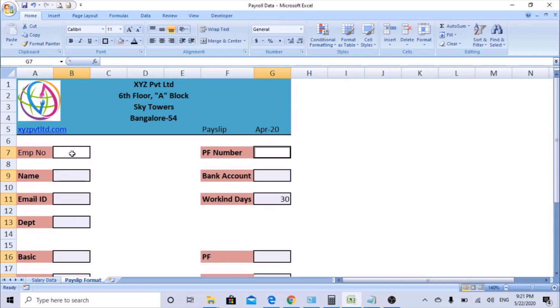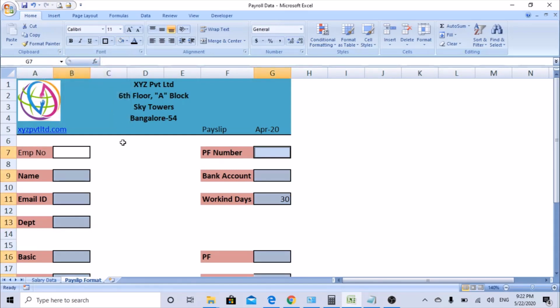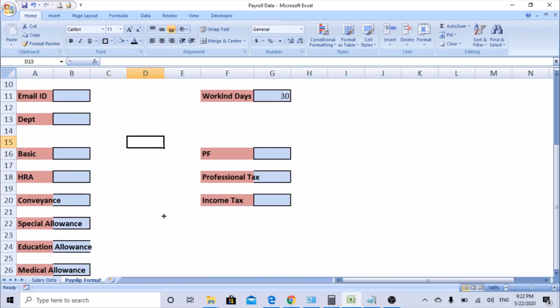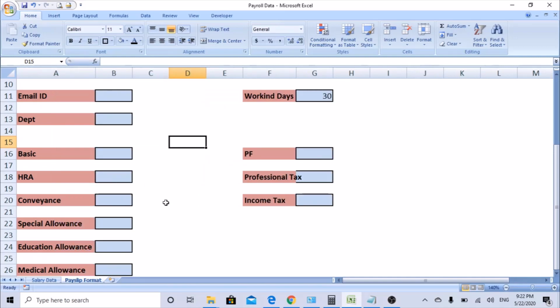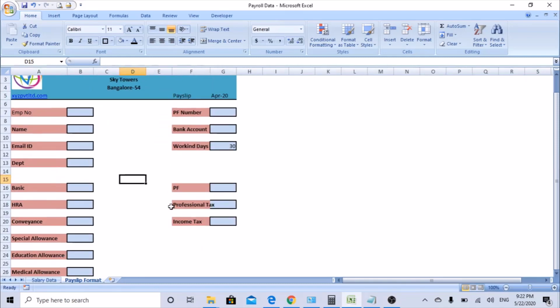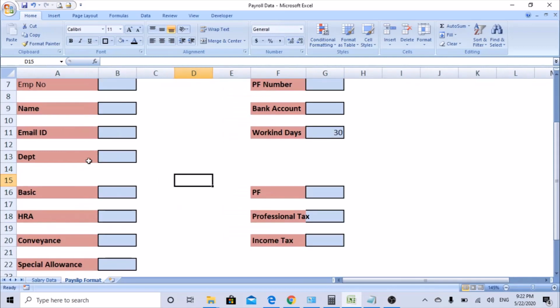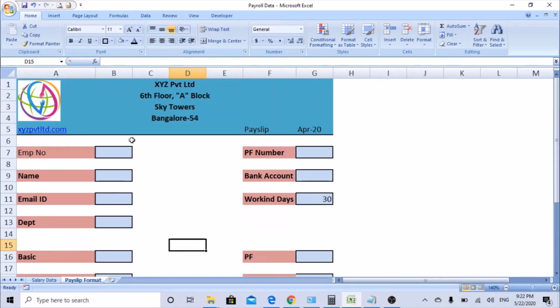For the boxes you can also add some light color. You can add dark colors if you want, or you can add light. Let's add light color here. This is not correctly selected. So now you can see. I'll just reduce this font size so you can see. Looks good, right? Again increase the font size to 40. Now I'm selecting this employee number. So it looks somehow good.